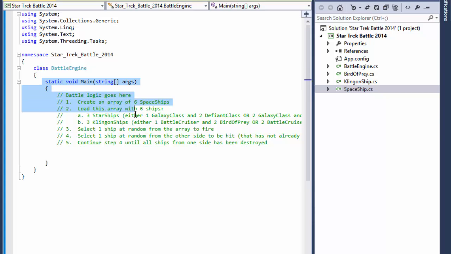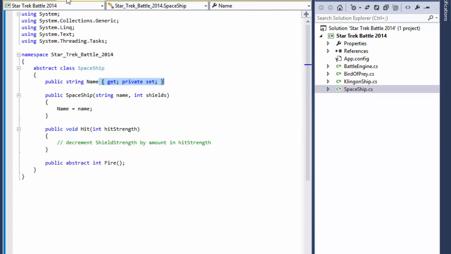This is the main method where he describes what's going to get into the logic, like the array of the spaceships that we will create, 3 for each team. Then there will be a ship that fires, a ship that gets hit, and then we will display the result, and we will loop until all 3 ships from one team are destroyed. Now, if you